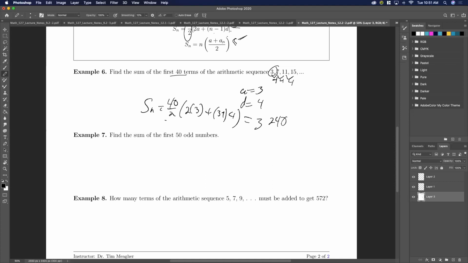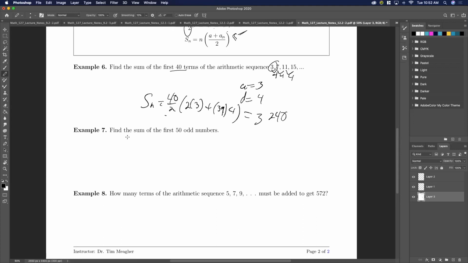Is that 39? Yes, this is 39, sorry. Because the n would be 40, so this would be 39. Sorry, I didn't make that super clear. All right, so I want you to do